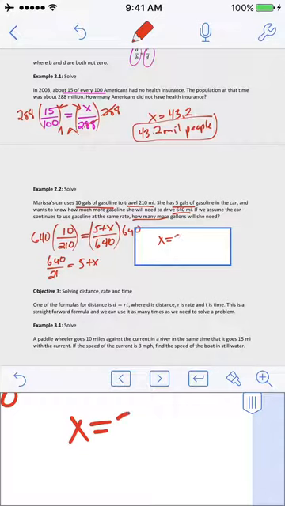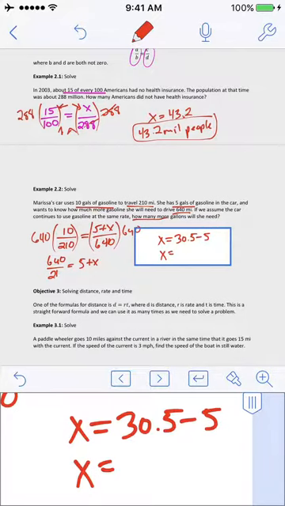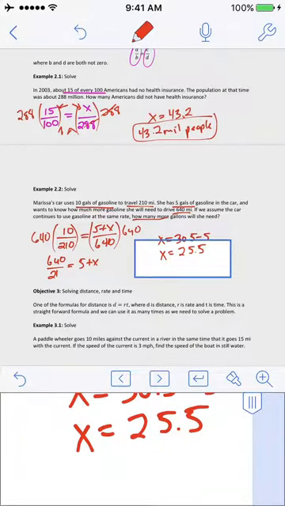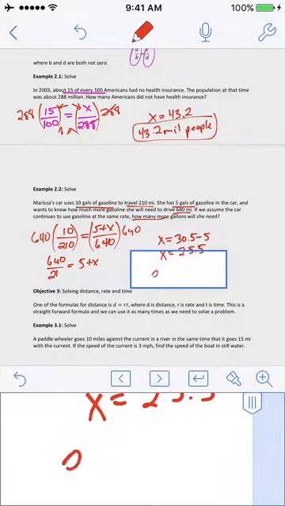30.5 minus 5. So about 25.5. I don't know why I didn't just do that in my head. Alright, we solved. X equals 25.5. So what does that mean? It means she needs 25.5 more